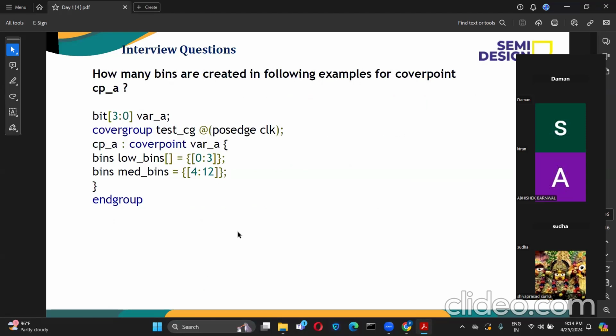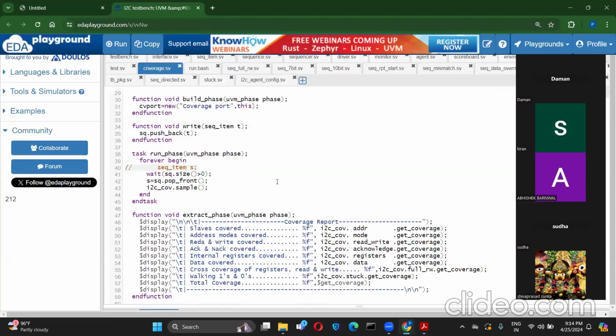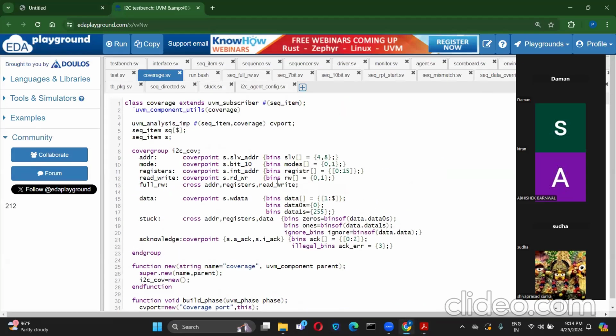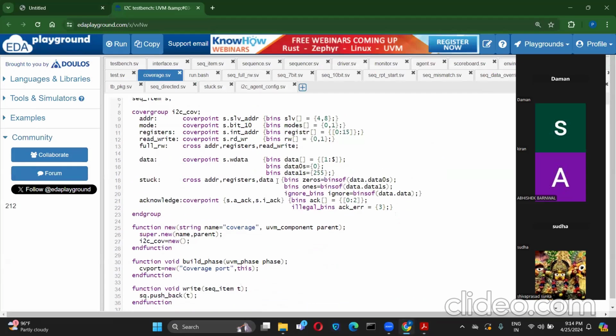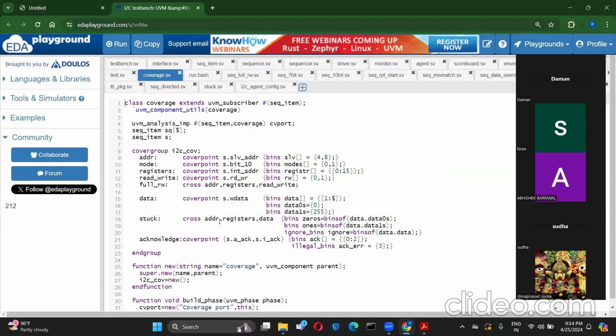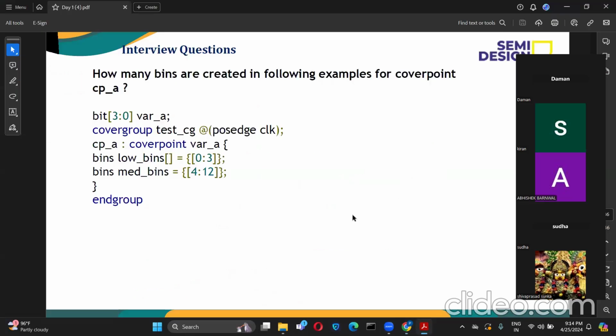I will also show one of the industry level protocol coverage, so how do we write it for a protocol. I have taken one example, and tomorrow, if possible, I will cover other different IPs also. Today I have taken I2C. Before that, let us go through the interview questions. Let's make the session interactive, because I have taken the questions so that you guys can answer. If I only question and I only answer, that doesn't make sense.